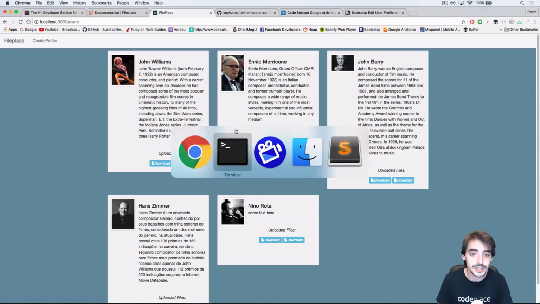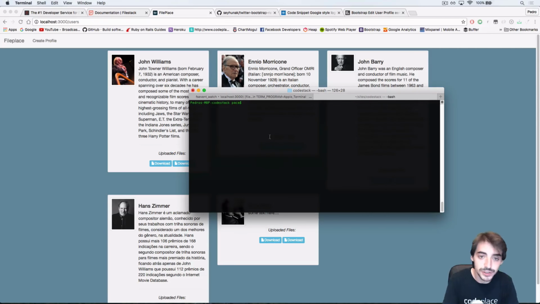So let's generate our model, which is going to be very simple. So Rails g model user. And now we're gonna have 4 fields, like I said. So name, and the good part, they're all strings. Okay, we're gonna make this app as simple as possible. So name string, description, it's also a string, avatar string, and of course the files string as well. Okay,